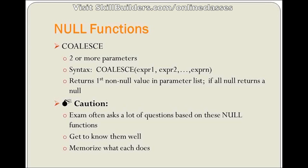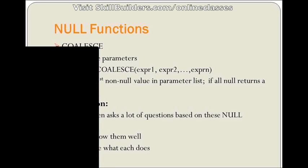You just want to know it like that. These are important functions. They will be tested on. Okay, let me go back now to,